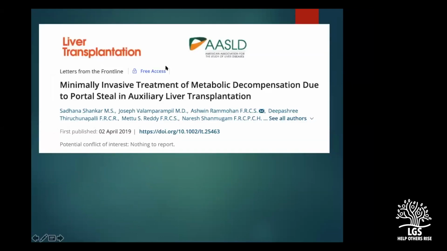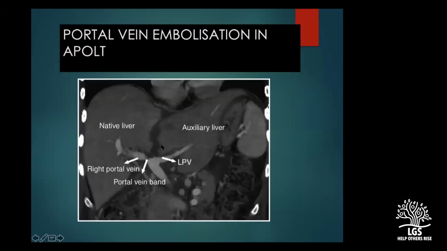Again, this is another interesting case, which was, I think, probably, Dr. Ashwin, you'll remember this case. This was our article in the Liver Transplantation journal: minimally invasive treatment of metabolic decompensation due to portal steal in auxiliary liver transplantation. Quite often, if somebody has an auxiliary liver transplantation, you know that there is a ligation of the portal vein anyway, and you expect the graft liver to grow. But in this particular case, unfortunately, there wasn't a good response of the graft liver,